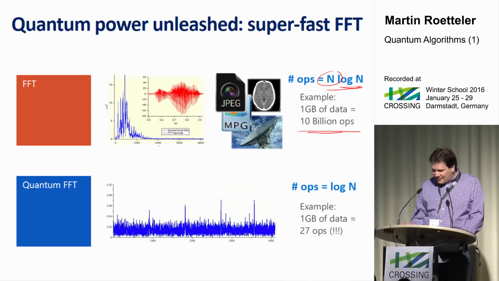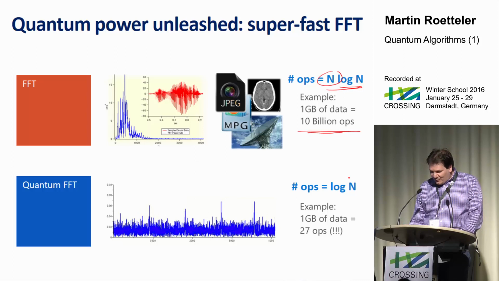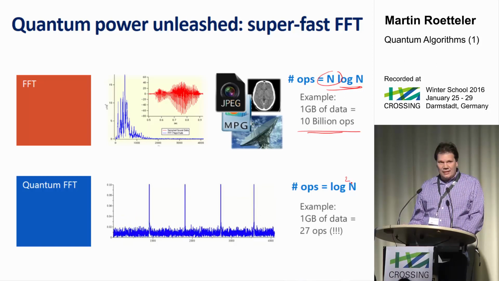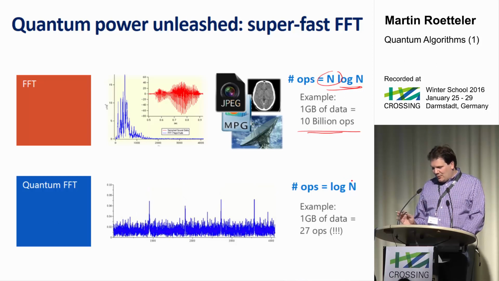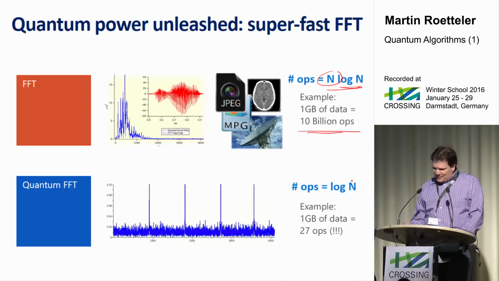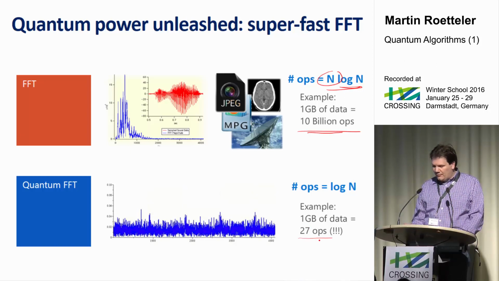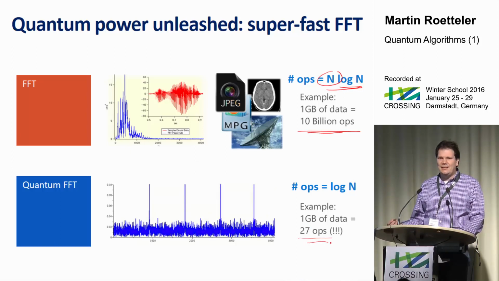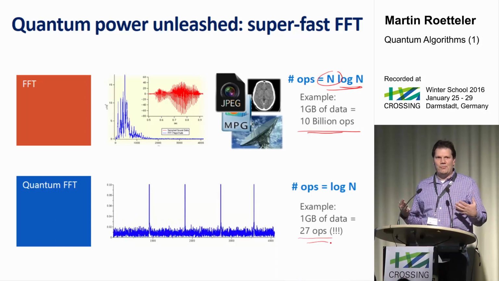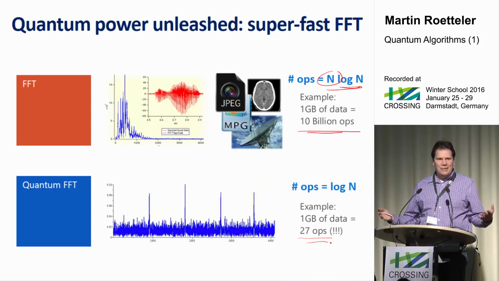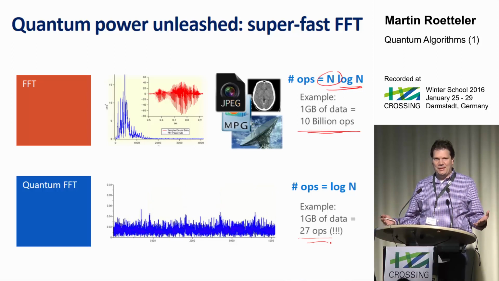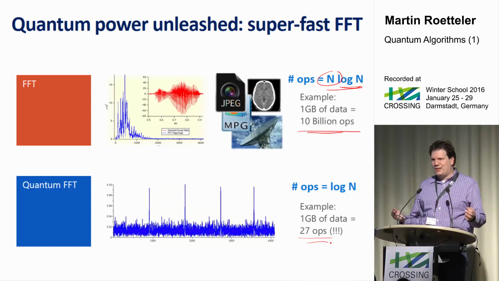So it basically scales linearly. Well, if you're very careful, you start out with a quadratic cost here, but it turns out that you can shave that down even further. So let me put linear here. It's more like log n, log n, but just for the sake of argument, if you were to do a Fourier transform on a gigabyte of data quantumly, you would only need a very small number of operations. Basically nothing. Think of a Fourier transform of a signal of length n. Basically it's free. All right? It's just a very small number of operations you need to do.